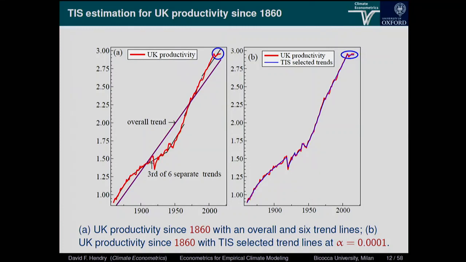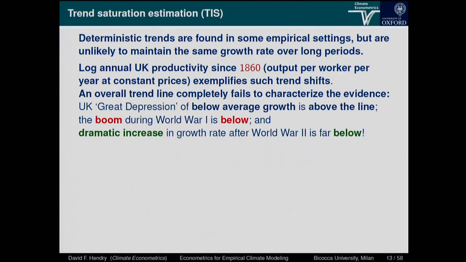So what trend indicator saturation does is it creates a broken trend for every observation. So the first trend's the first observation, the second trend's the first two, and so on. And then we select across them, and that's the graph on the right-hand side. Now, you might think this is very odd. It took 12 trend lines to describe the whole period. But what's actually happening, if you stop to think about it, say you, go back.